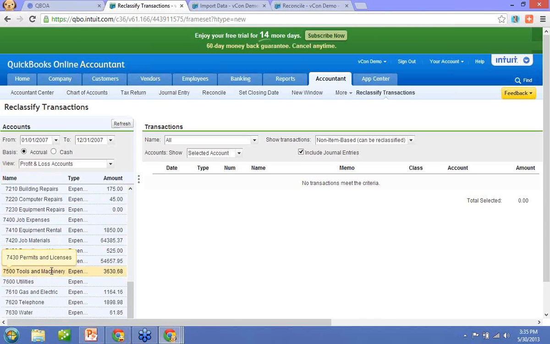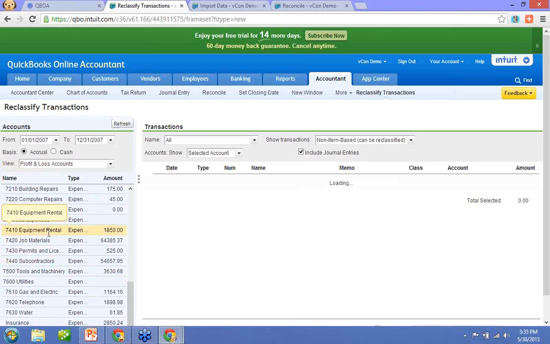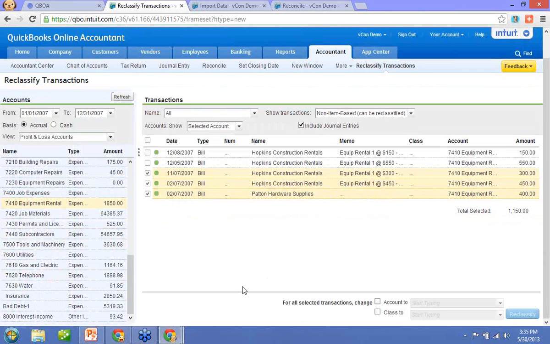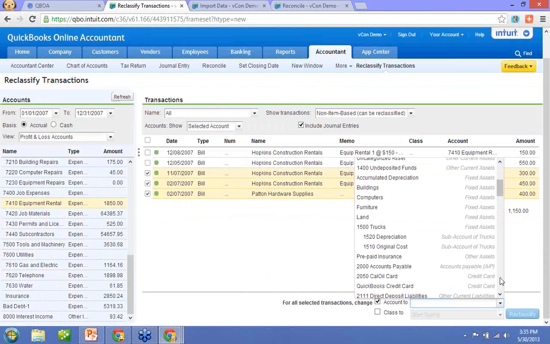and review some of these things and see, did the client enter it correctly? Are there any problems? So let's say I just come in here, I'm going to look at equipment rental. And, oh, this one maybe shouldn't have gone in here. Or let's say these three shouldn't have gone in here. You identify that the client has posted something wrong. Then you can come down, and over here you can change that account to what do you want to assign